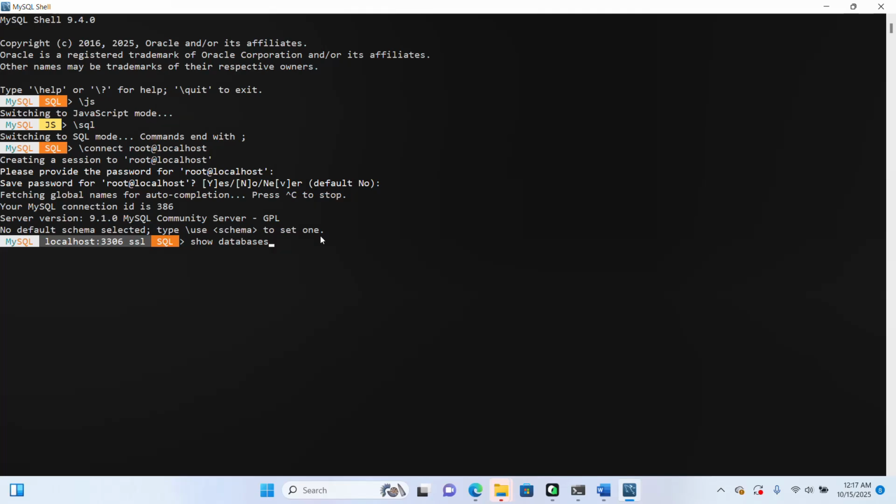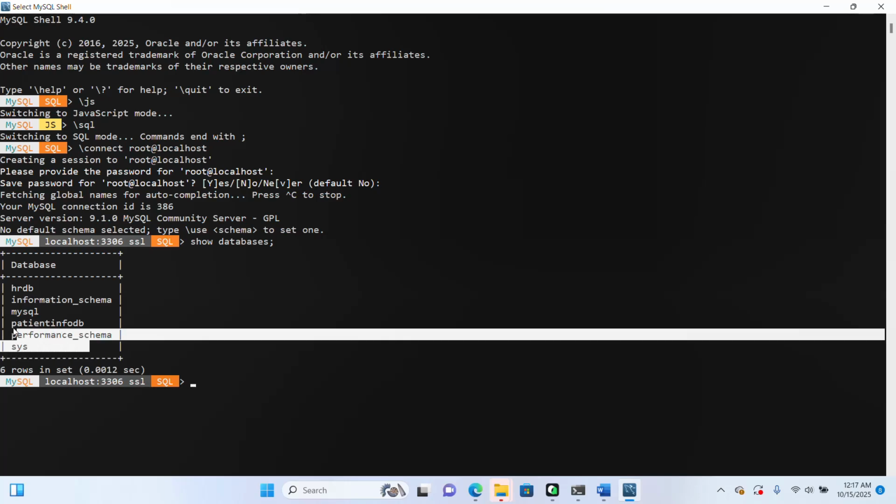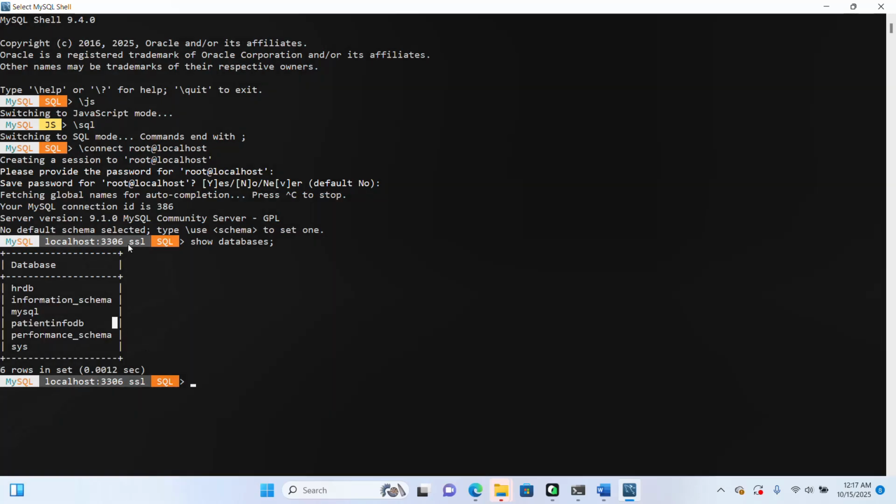Once I type show databases, any command that doesn't start with a slash is an SQL command. If it is an SQL command, it must end with a termination symbol, which is the semicolon. Then I press enter, and in this case it is going to list all the databases on this server at this port. So I have the HRDB, I have these default schemas that come along, then I have a patients InfoDB. If the database that I want is listed among these, then I can go ahead and select it. If I don't have my database listed among these existing databases and I want to create a new one,